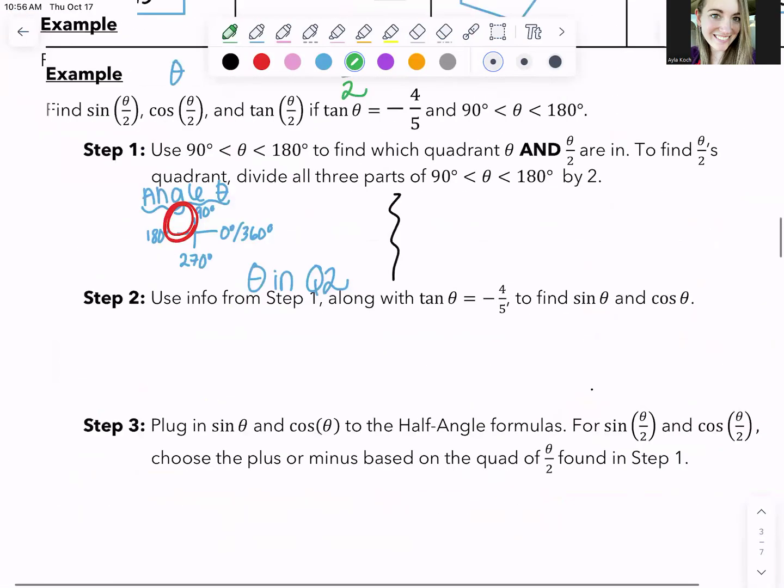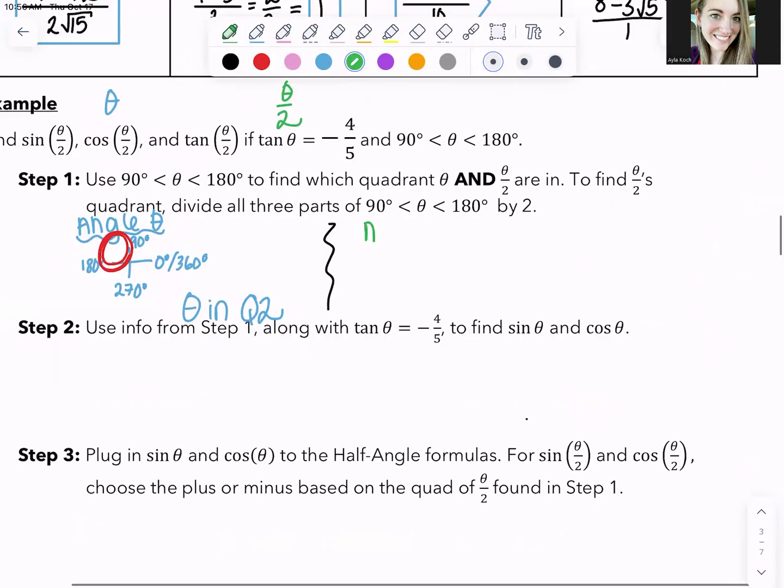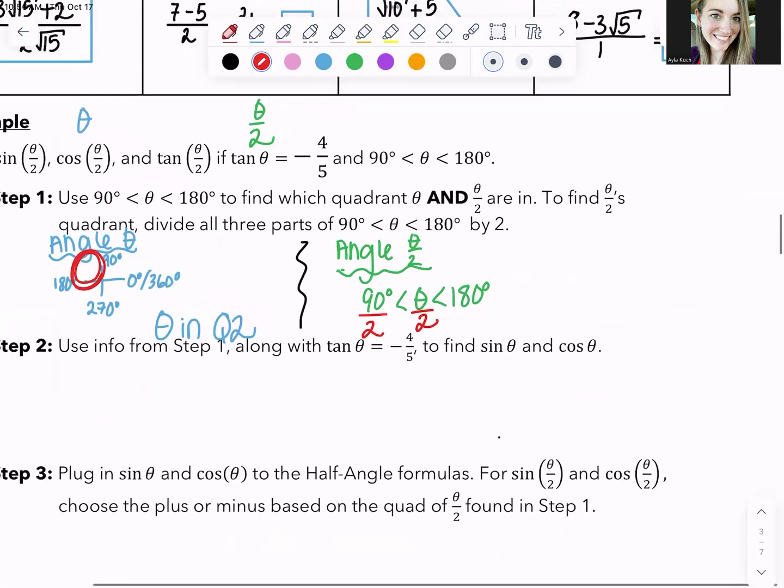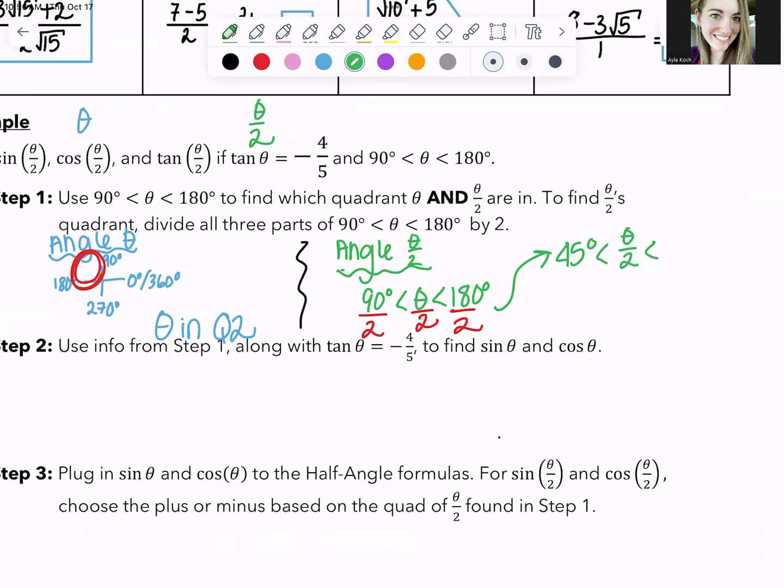So coming down here, angle theta over 2. We start with the inequality, 90 degrees less than theta less than 180. This was given to us. And we say, well, I'm really interested in where theta over 2 is. With an inequality, you can just divide all pieces of the inequality, even if it's compound like this, by 2. When you do that, 90 divided by 2 is 45 degrees, less than theta over 2, less than 90